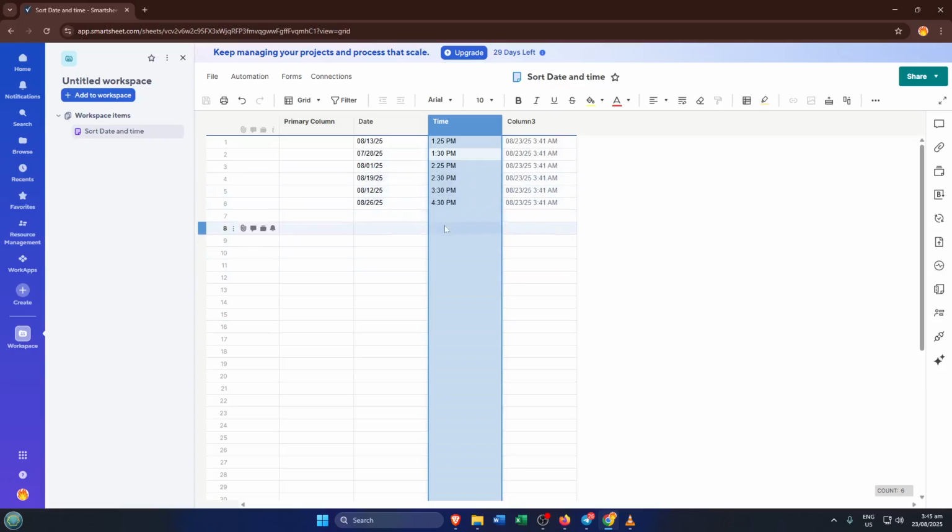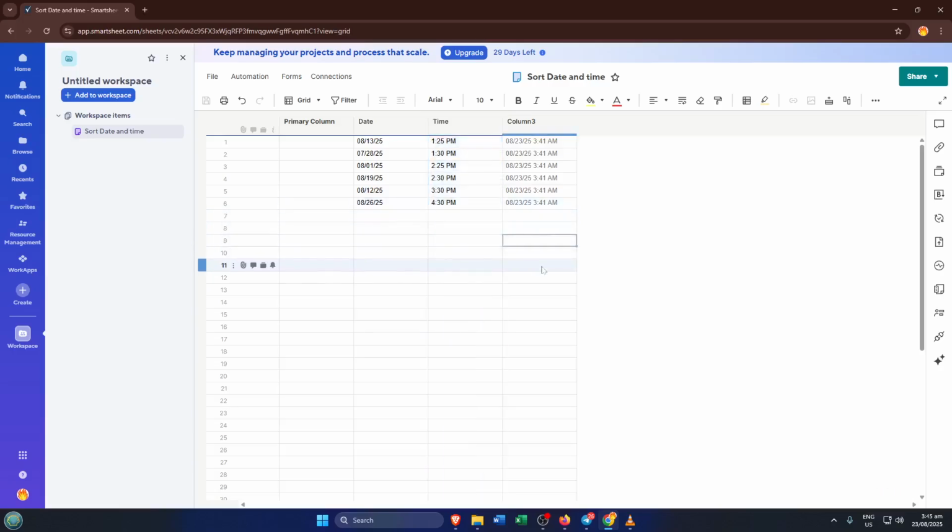Sorting your dates and times in Smartsheet is quick and easy, but it really transforms the way you view and manage your information. You'll find deadlines are easier to spot, priorities list themselves in order, and your schedule just makes